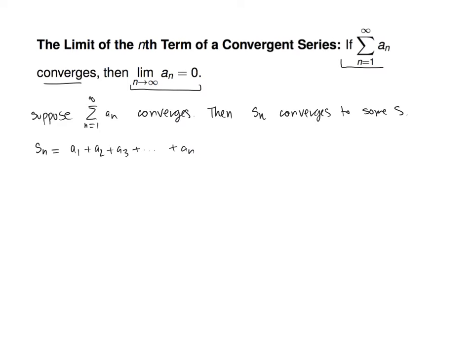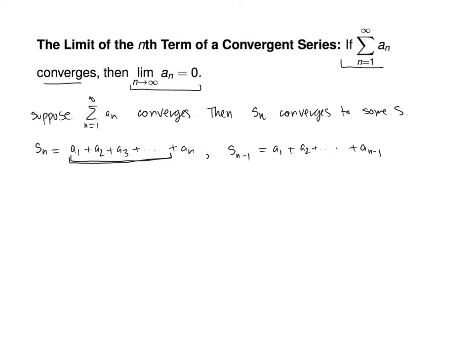Okay. So this is s sub n. What is the sum of all the things not including a sub n? S sub n is the sum of the first n things, right? How would I sum just the first n minus 1 things? Yeah, so that'd be s sub n minus 1. Does that make sense? So instead of going up to n, you go one previous to it. So that'd be a1 plus a2, and so on, plus a sub n minus 1. Do you agree with those two things?